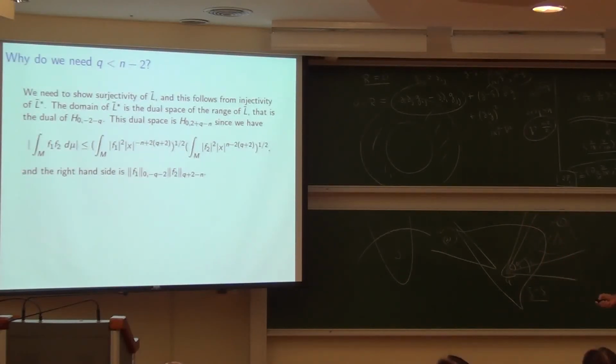We use that injectivity, and so we have to understand, when we're studying our operator L, we're imposing some decay on the solutions. If we impose decay on our metric like x to the minus q, then when we apply L, the image will be in the space that decays like x to the minus 2 minus q, decays 2 orders faster. So the range of L is H0